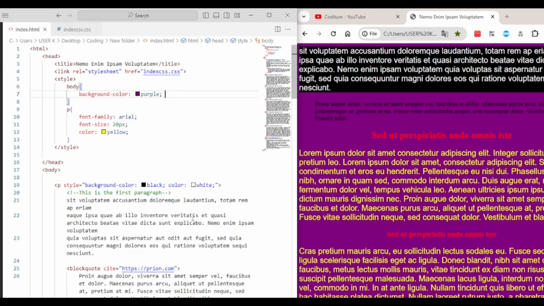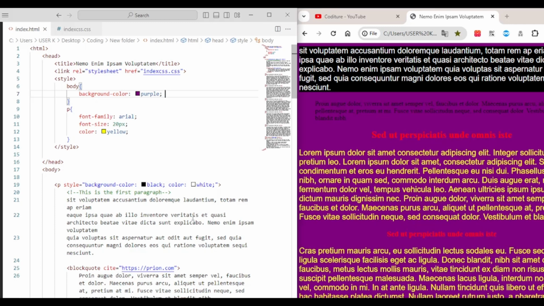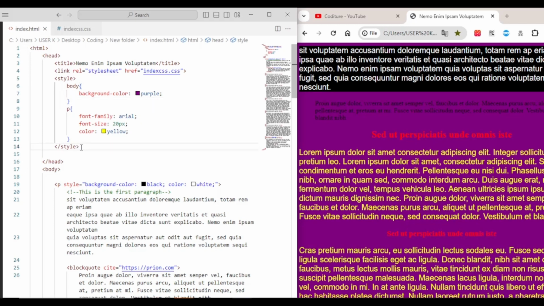Comments are reference points for developers to go through and understand code. They are used to explain the code and may help when you want to edit the source code later. Browsers ignore comments. If you want to add a CSS comment to this, you only add it within the style element,